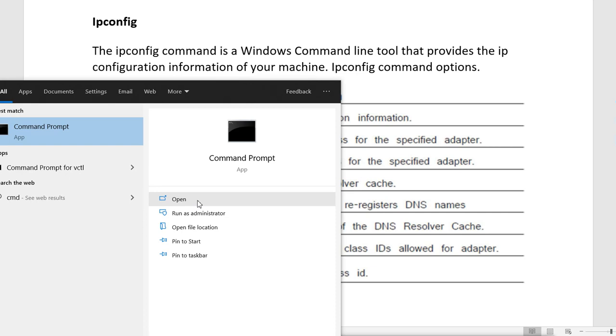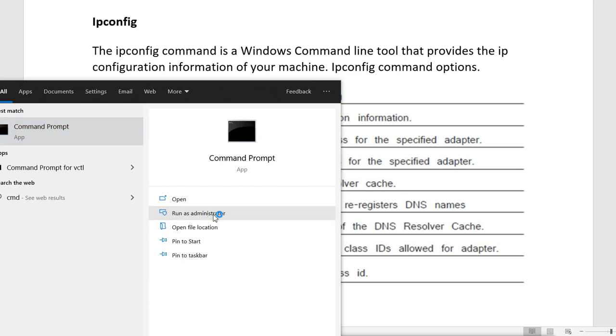Some commands need administrator privilege, so for those kinds of commands we need to run it as an administrator. When we open it directly, it will run as the current user, and mostly current users are not administrators. So if we want to run some important commands, then sometimes we need to run this Windows command prompt as an administrator. So we have to select this as administrator here.